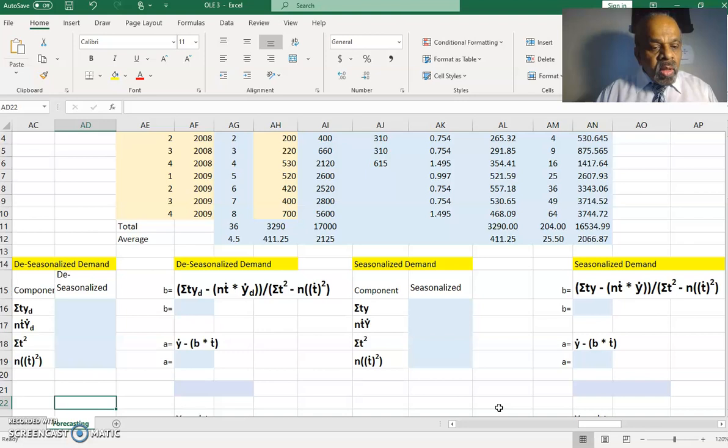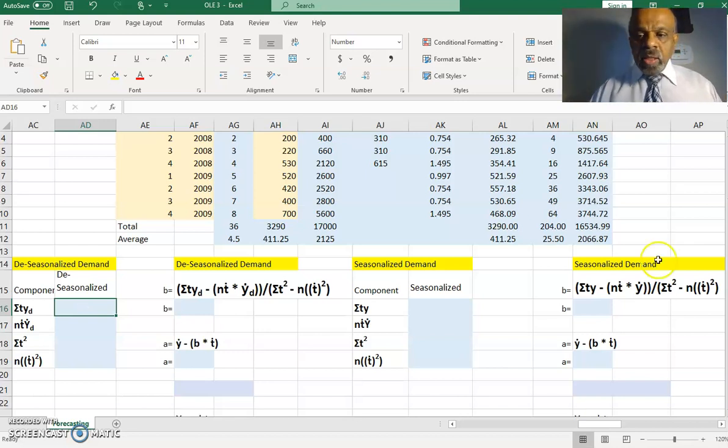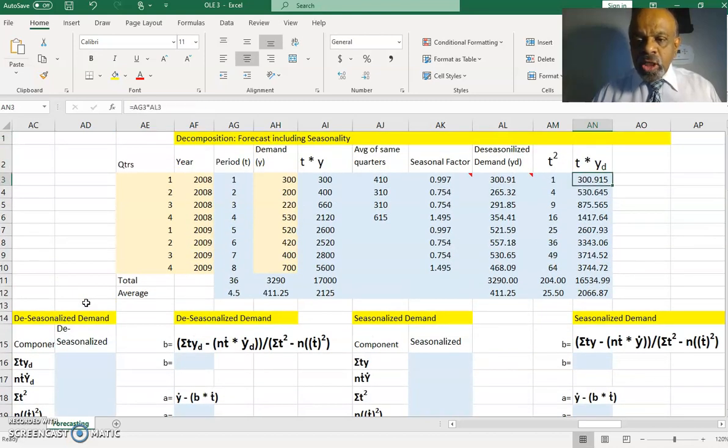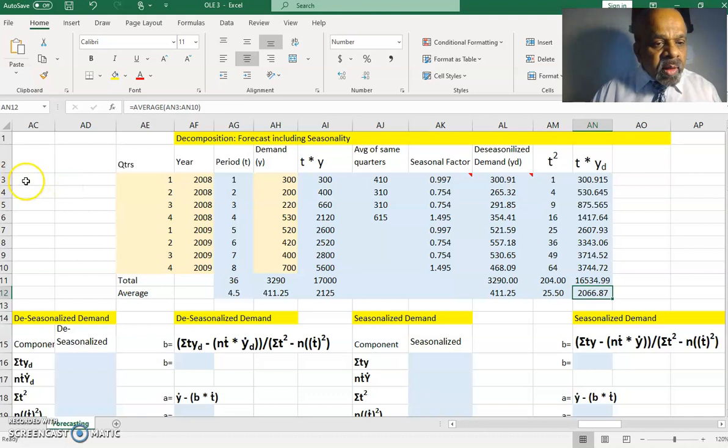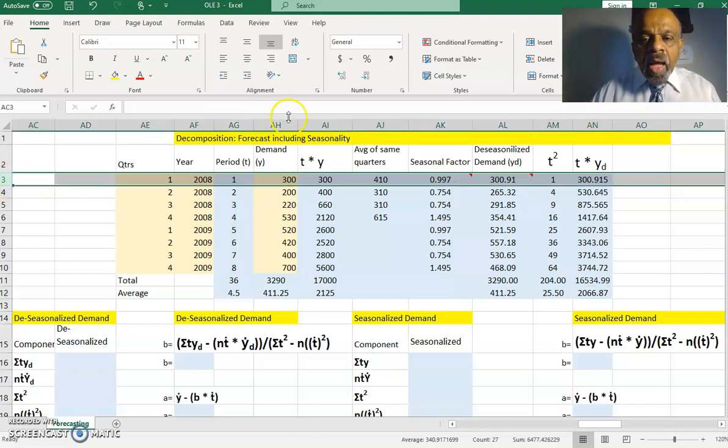Okay, how do I do that? So the first one is sigma TYD, sigma of TYD. So I'm going to find what is TYD here. The TYD is going to be this one, the AN, that is my TYD. The sigma TYD is this one. Okay, so let's do one thing here. I'm going to make this as